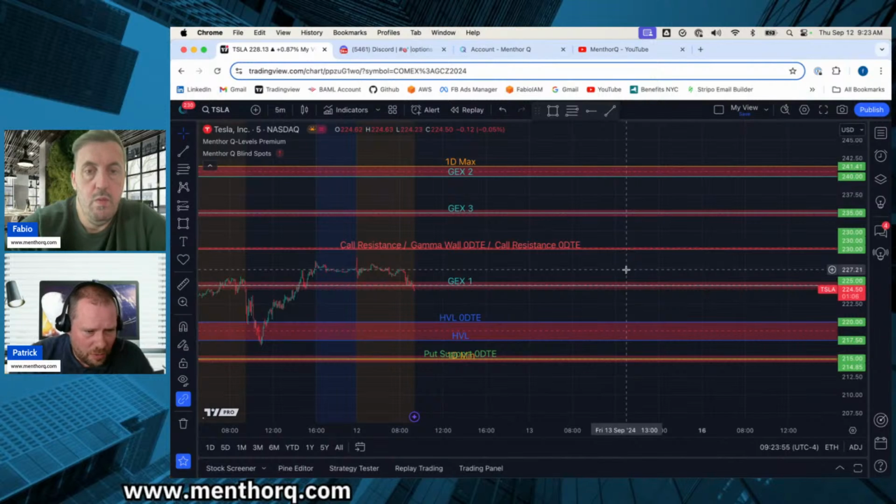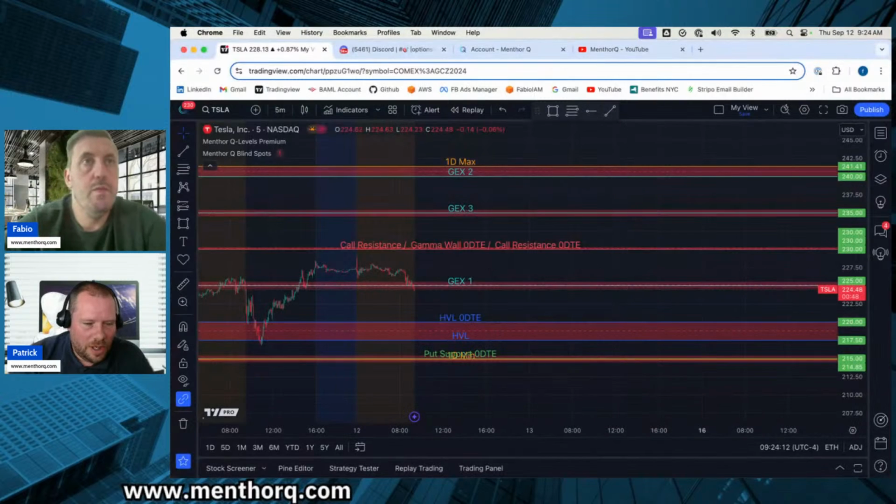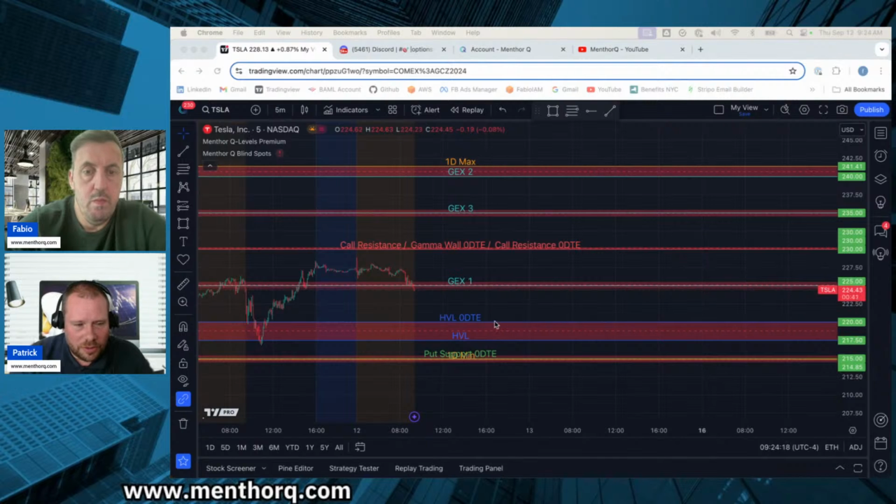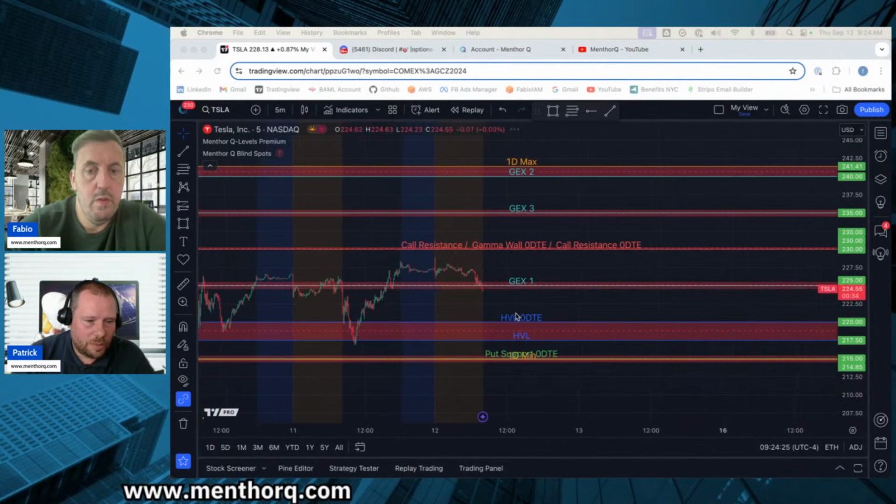So let's see how high wall 0DTE and high wall are playing out. We were speaking about this yesterday. What does this mean? Positive gamma, negative gamma, and see if we have some shift, and then how put support and one day min are reacting. Can we hold this? Did we get a nice and smooth pullback to the upside, or did we get straight away to the downside? So this is something we have to look into. Have trading ideas, but when the market is open, always have a clear mind, and this is so important.